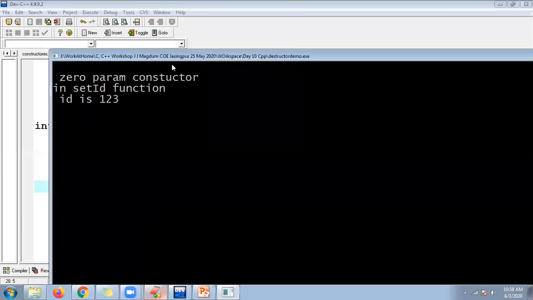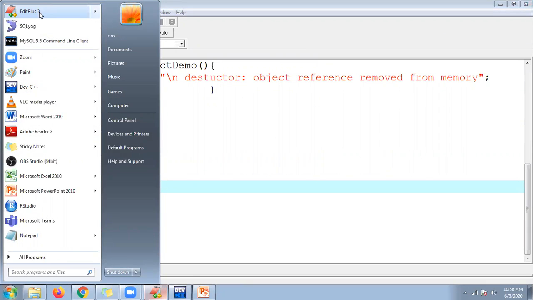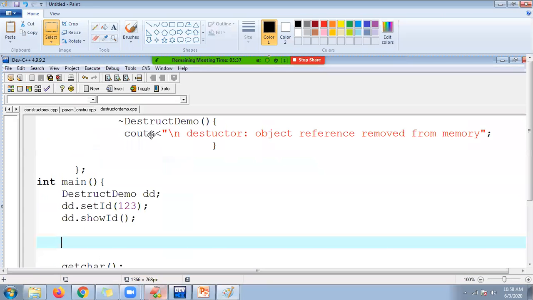Okay, fine. So let me try to show print screen. Where is my print screen? My computer is going too fast. Where is my Paint? No, it has gone. Actually, I want to show it fast, hard and fast.